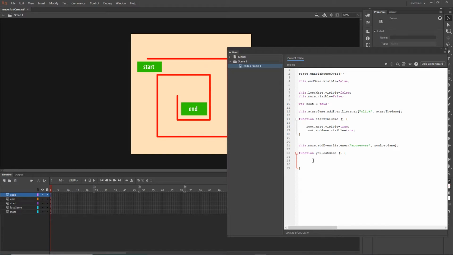So first of all, I want to hide my end button, because when you go in here, I don't want you to be able to go to the finish. So I will borrow some line like this, and I will just change it to root